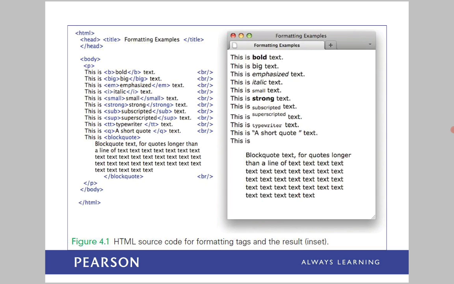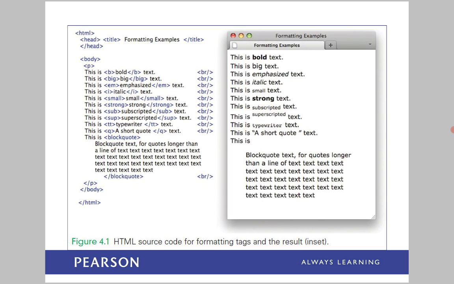And two special tags which are used are subscript and superscript. Generally the small tag is written with small slash small.